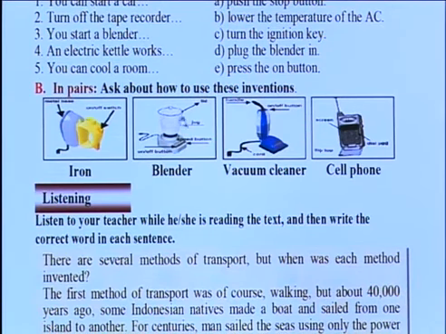Okay, how can we use this invention or this blender? Great, excellent. How can you make a sentence? I can start a blender by pushing the start button or by pushing the on button. ببینین on button در اینجا داره پس ما میتونیم بگوییم by pushing the on button.